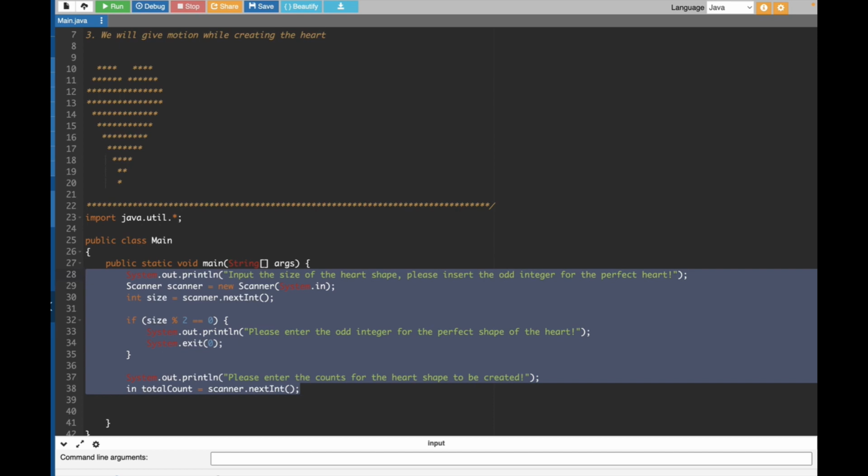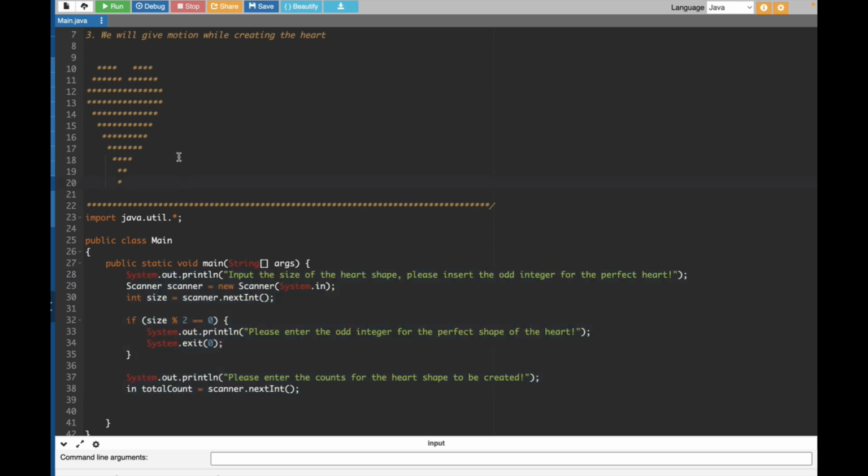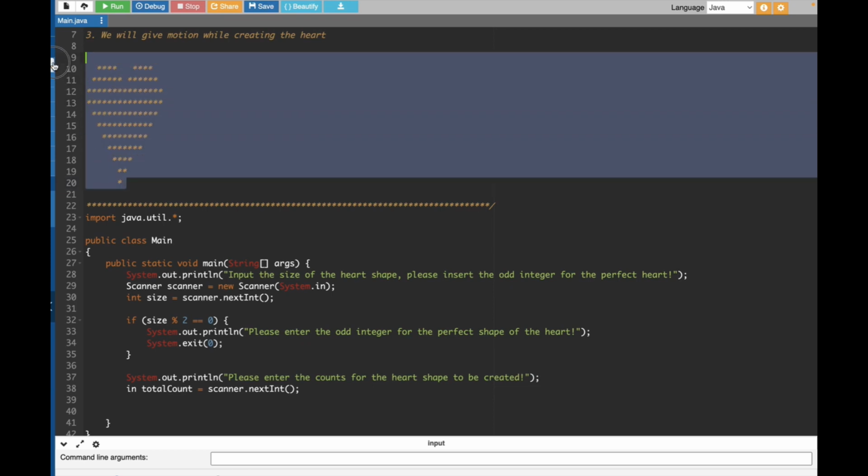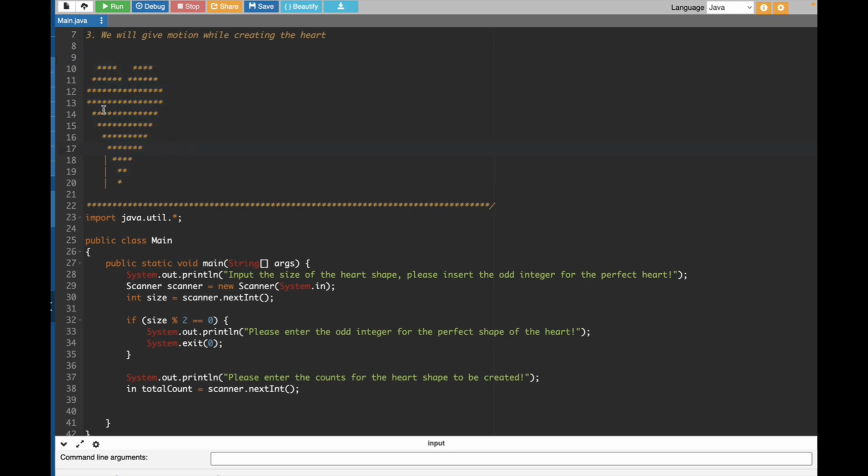Okay, now we will start building our core logic. Before that I want to explain some basic idea using this sample heart shape that we have added here, so that it will be very easy for you to understand the core logic. Here you can see that this heart shape is very much